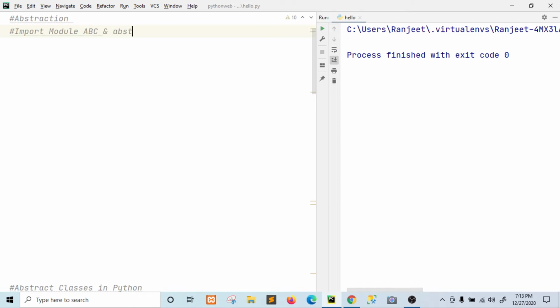From abc, import the abc module, then abstractmethod. So import these: abstractmethod and abc.